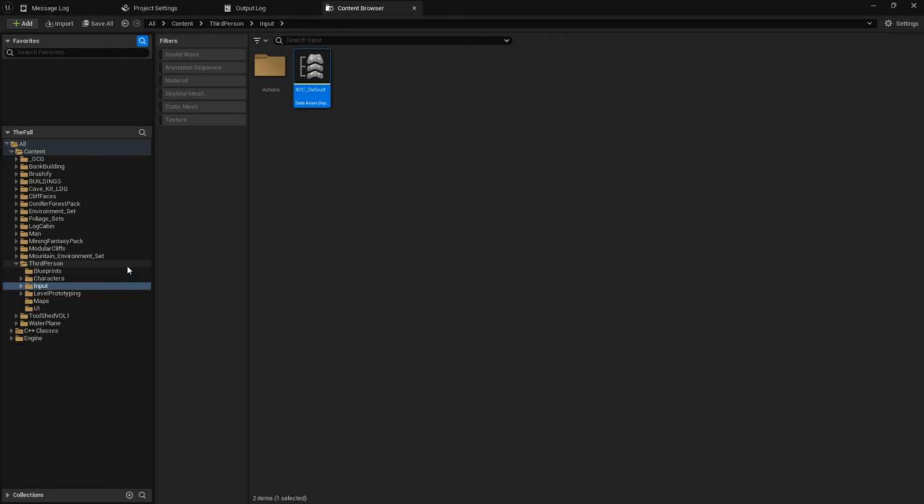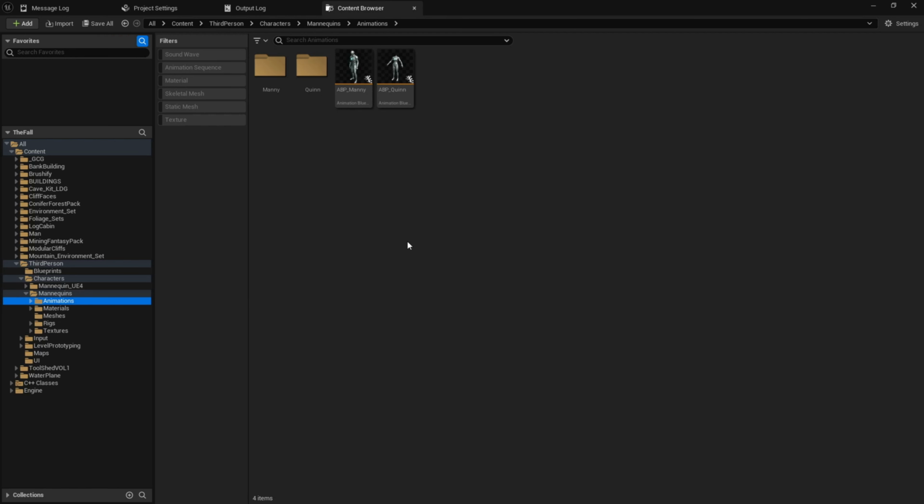The next thing we need to do is actually work in our animation blueprint. I'm going to apologize here. I am not a strong animator, so this is going to look janky. There's going to be people who are better animators out there who can tell you a much more efficient or visual way to do this. But